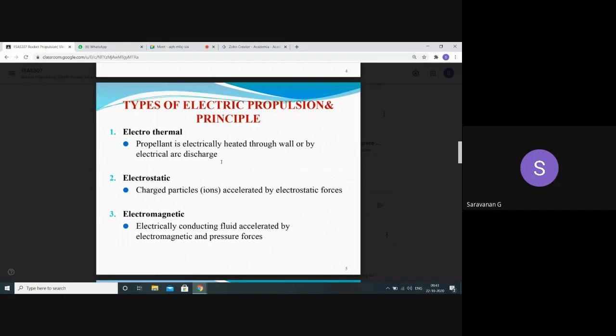But the only difference is that the first one is with the electrostatic force along with electricity. The second one is thermal force along with the electric system, that is, electrothermal. The third one is electric along with magnetic. So we have three different sources and different methods whose combination tends to give the propulsive force in the form of thrust. Hence they are termed electrothermal, electrostatic, and electromagnetic propulsion systems. These are the major principles of electric propulsion, in three categories.